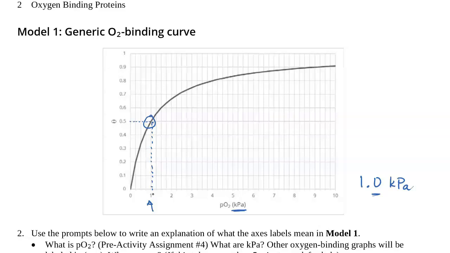If I just put 1 kilopascal, then I'm implying that I only know that to plus or minus 1. So it's somewhere between 0 and 1. I'm sorry, 0 and 2. That's a huge distance. But when I put the tenths place, then I'm implying that I know that number to within plus or minus a tenth. So that's between 0.9 and 1.1. So that would be more like in this range. I think that's more realistic.